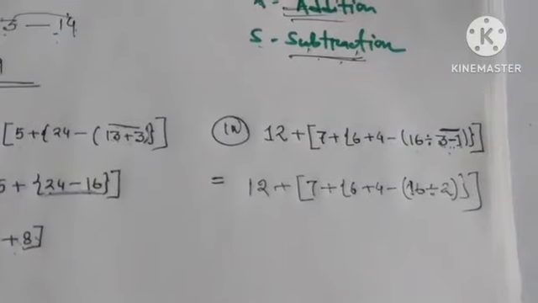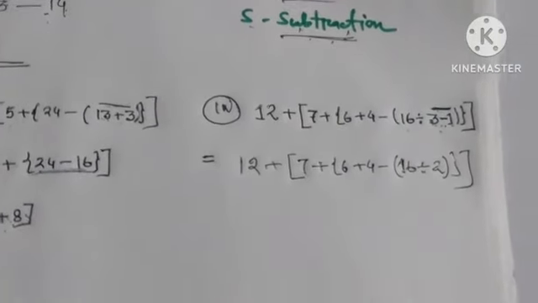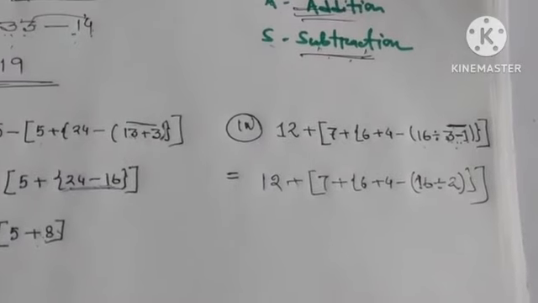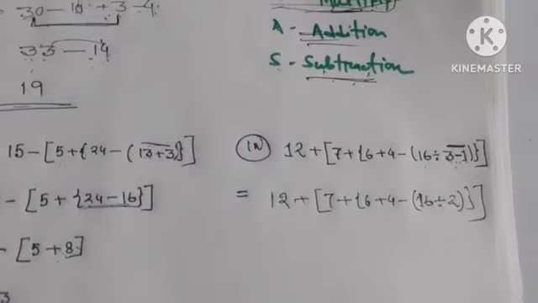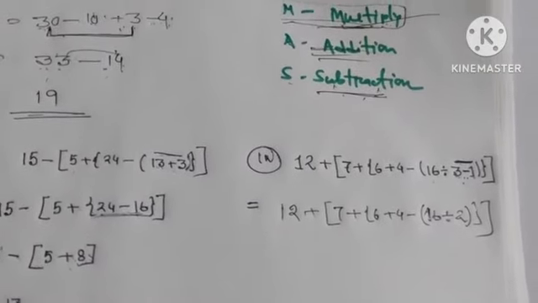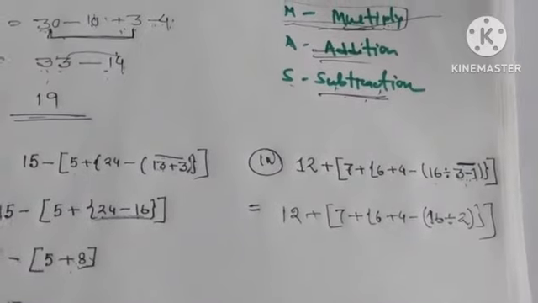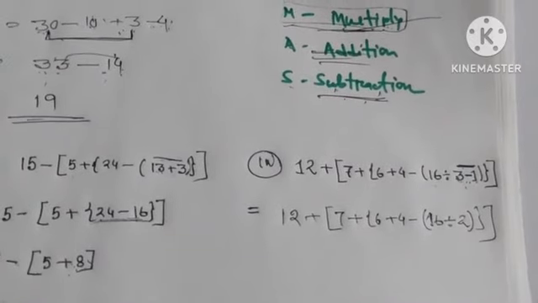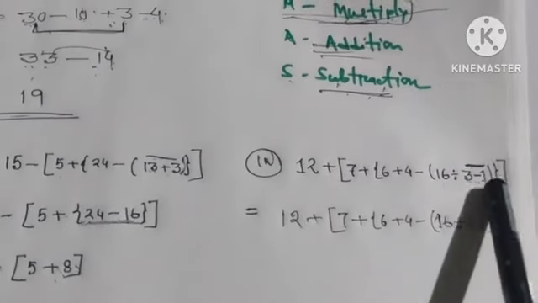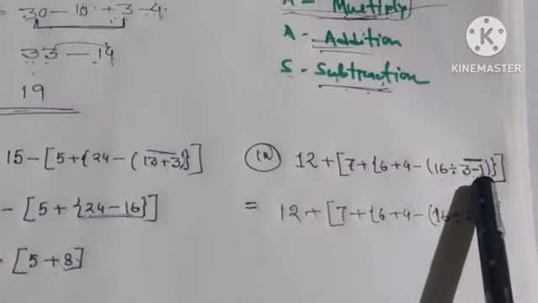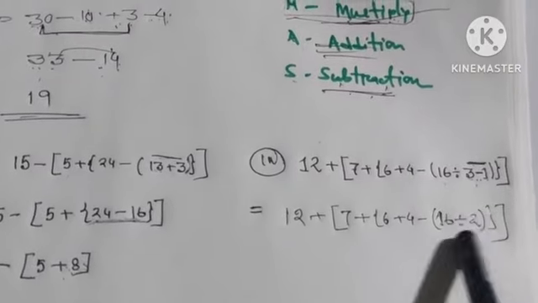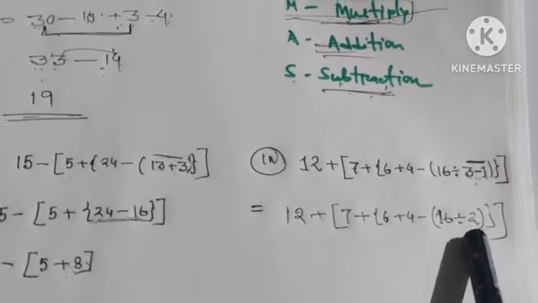I already said that for the first step we have to see, is there any line bracket. If there is a line bracket, then in the first step we remove the line bracket and write the answer which is in between the line bracket. Here in the line bracket 3 minus 1 is given, that means 3 minus 1 is equal to 2. Hence we remove the brackets and we write 2. Okay, then after